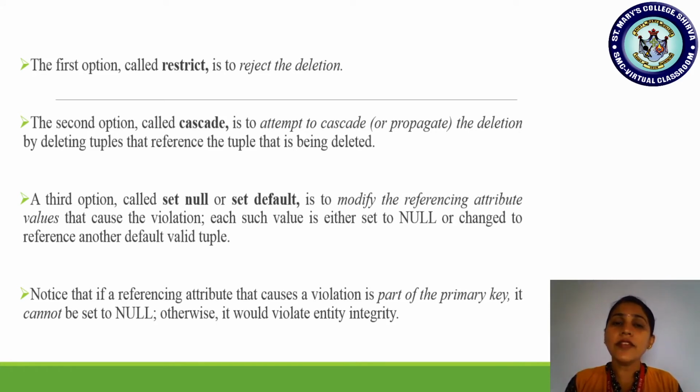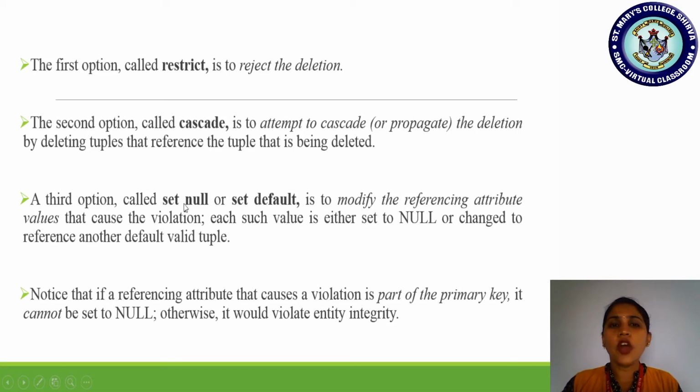Another case is if you don't want to cancel the deletion, if you want to proceed with the deletion operation, then while creating the relation department, you add the option cascade. On adding the option cascade, whenever you are deleting any tuple in the department relation, as the cascade option is attached, it is going to delete all the foreign key references in other relations, and then it is going to delete in the department relation. Okay, so this is the second option.